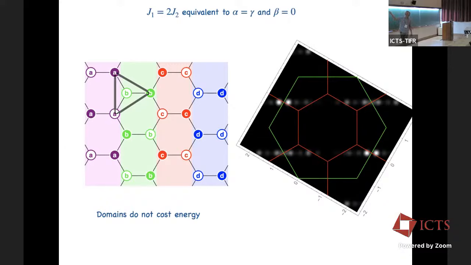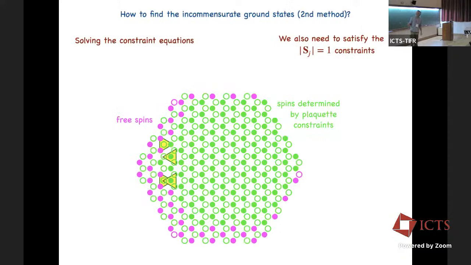And this is represented by this, that we have weight along this line in the below zone. We can do something else. We can solve the constraint equation analytically using Mathematica. Then what remains is that